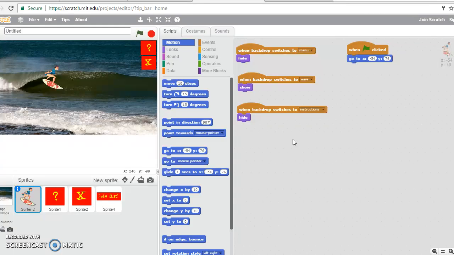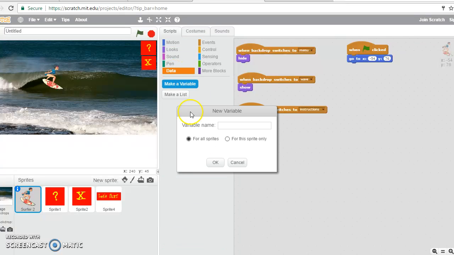So now, I think we'll have to make a variable for our score. So for all sprites,